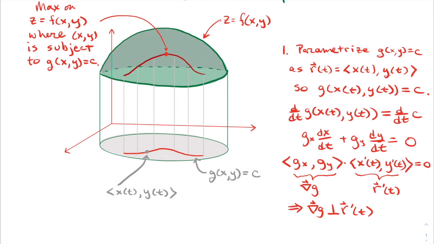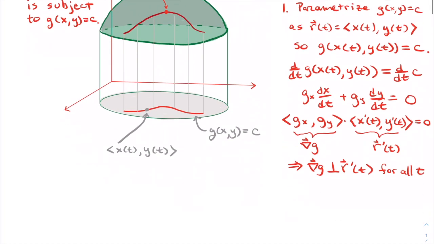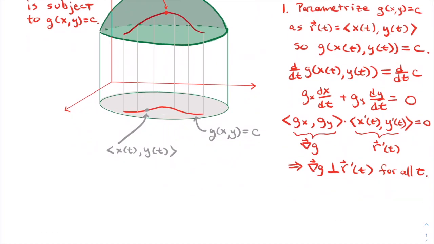Okay, this is for all t, which is another way of saying everywhere on this curve the gradients are perpendicular to r prime. But you also might note that since r prime is tangent to the curve,